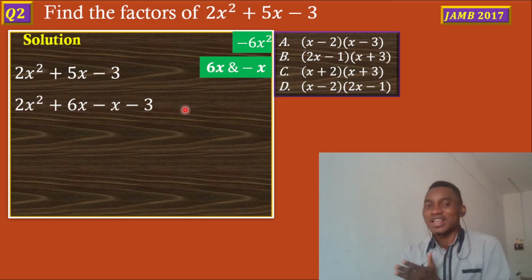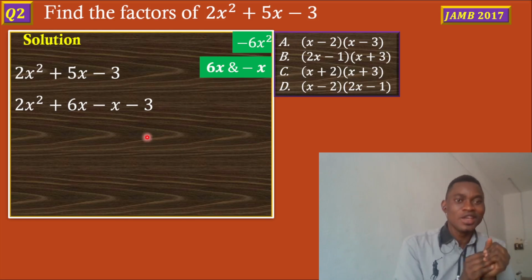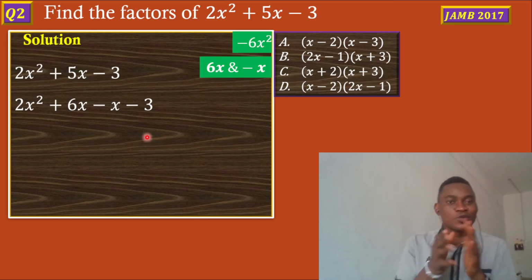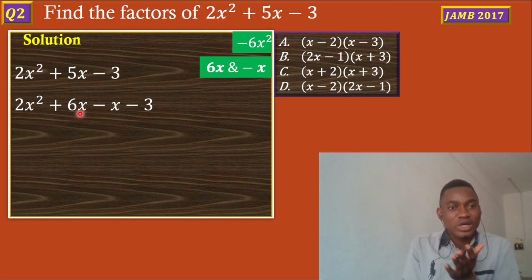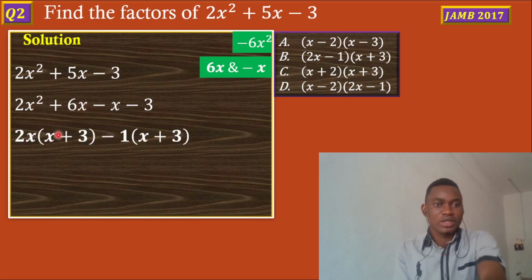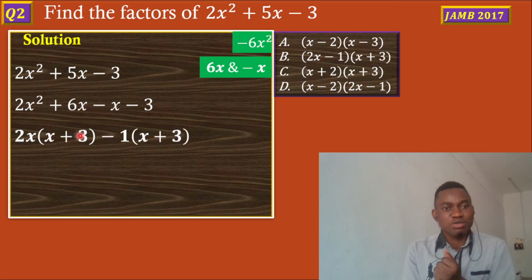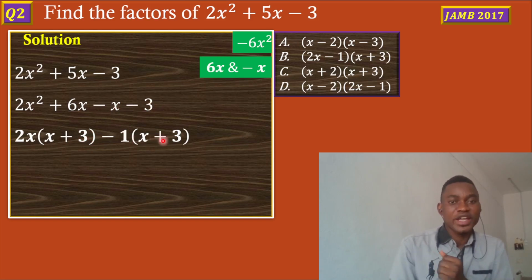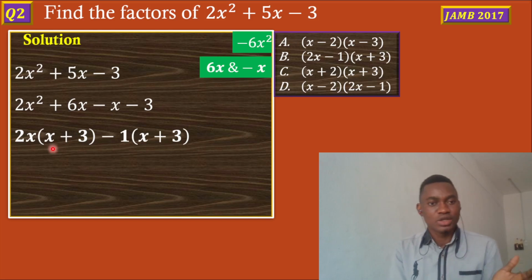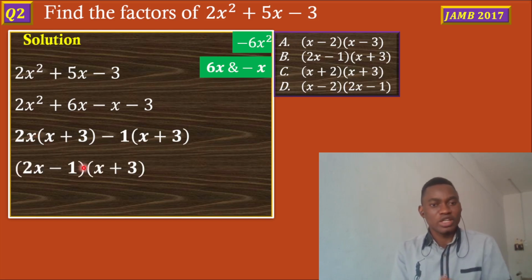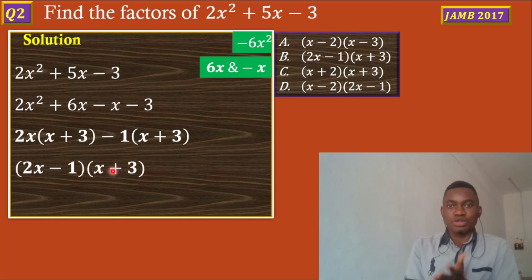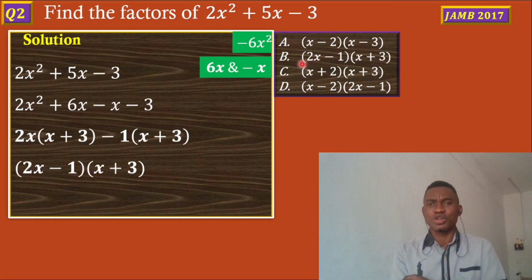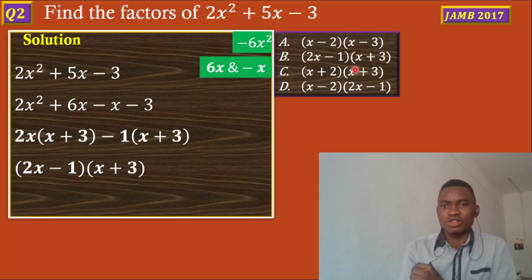As you can see, there's no right hand side, so we are only factorizing, okay? We are not solving completely. So what we'll do next is to factorize in pairs. Between 2x squared and 6x, what is common? As you can see, 2x is common, then x plus 3 enters the bracket. And between minus x and minus 3, what is common? Minus 1 is common, then we have x plus 3 in the bracket. So we're going to have 2x minus 1 in bracket into x plus 3. So as you can see, option B is the correct option to this JAMB